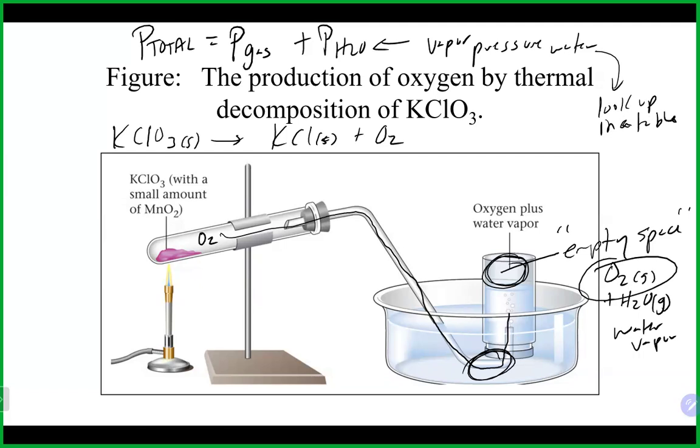So usually when you do this type of collection, you have to do this calculation to get rid of water's contribution. Basically, the pressure of the gas I'm interested in would be the total pressure minus the vapor pressure of water. So it's almost like a correction value. Where do you get the total pressure? In the case of a lab, you get it from the barometer. You would read the barometer for the day. That would give you the atmospheric pressure. In a book problem, they most likely will give you the total pressure or the atmospheric pressure. But in the laboratory in real life, you would take that reading yourself off the barometer.